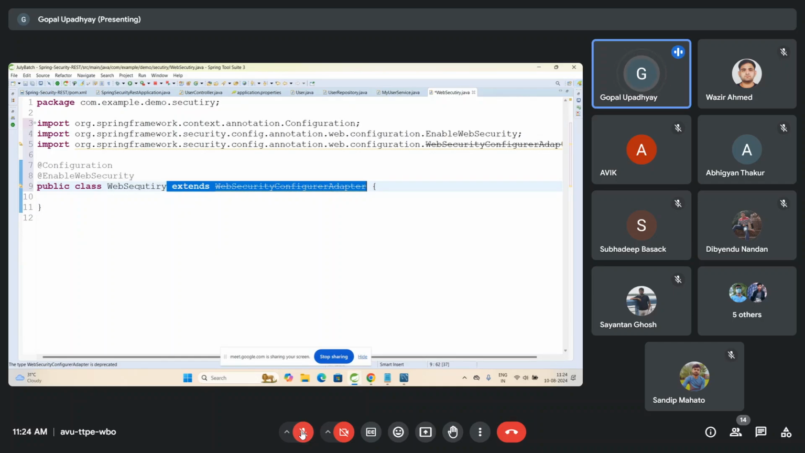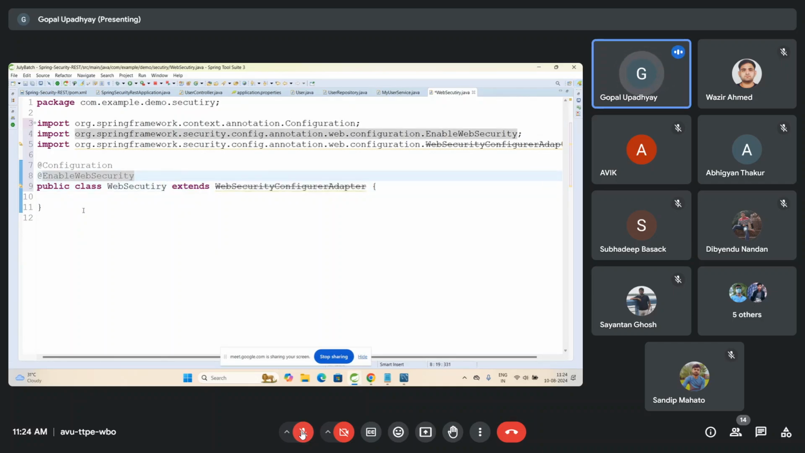We can just provide one annotation and we can configure. That script I will also give to you. And here you can see this WebSecurityConfigurerAdapter providing one method called public void